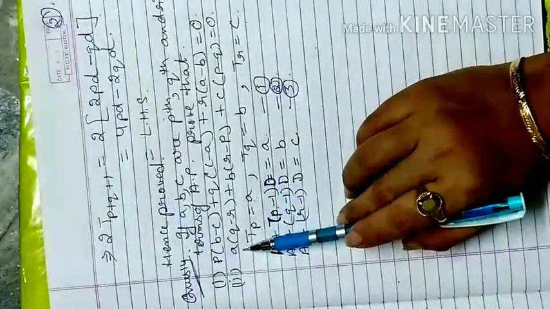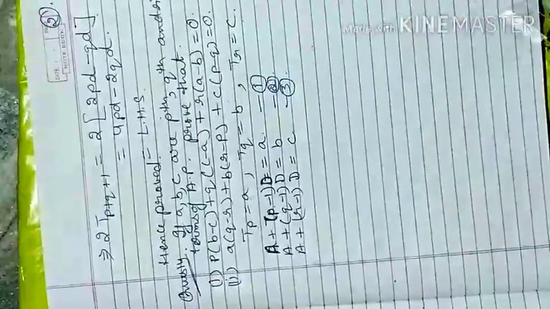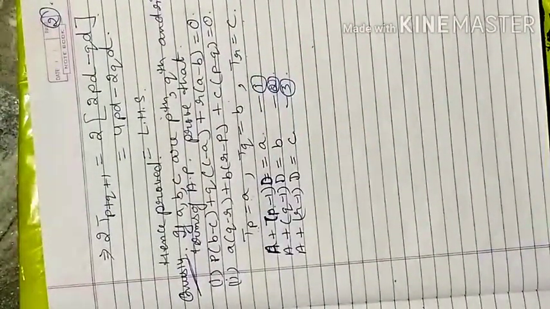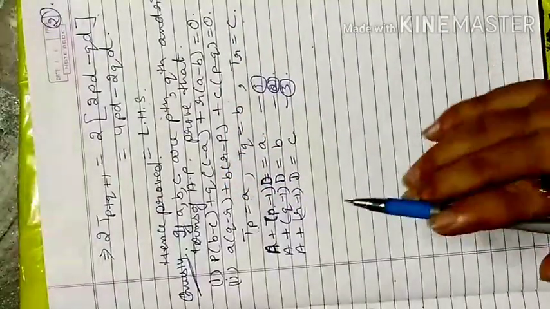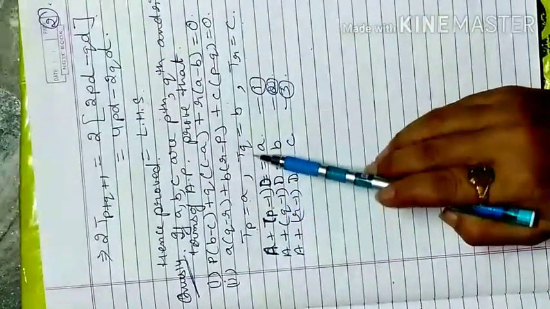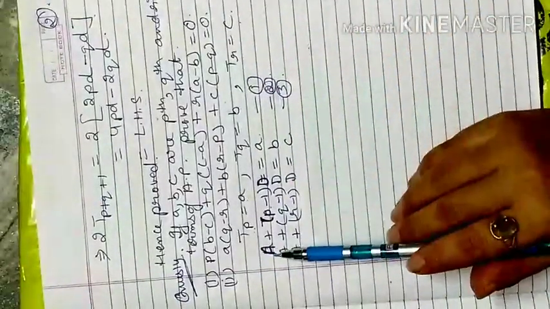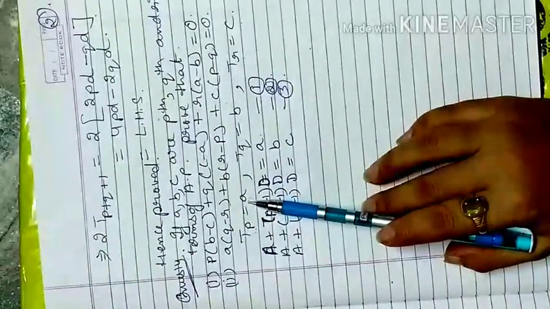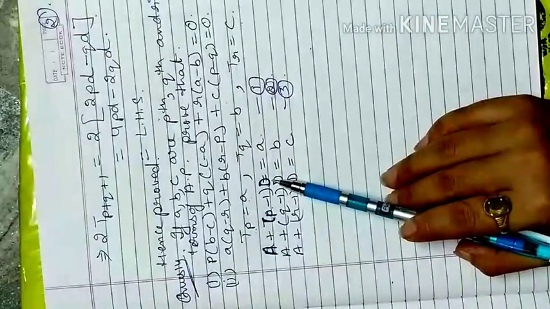Or second, A times (Q minus R) plus B times (R minus P) plus C times (P minus Q) is equal to 0. So in this case, I can solve commonly instead of solving individually, and I can apply the values accordingly. First, I just open this equation. If it is given that the Pth term is equal to A, the Qth term is equal to B and the Rth term is equal to C, you just open the equation. Because I already have the A variable in my question, I will take capital A as my first term and capital D as the common difference.